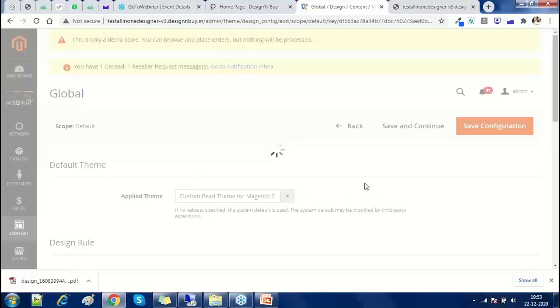So when we are uploading the logo, or when we are uploading any image anywhere on the website, it can be product image, it can be banners, it can be logo, or anyone. Okay, so whenever you are uploading it,